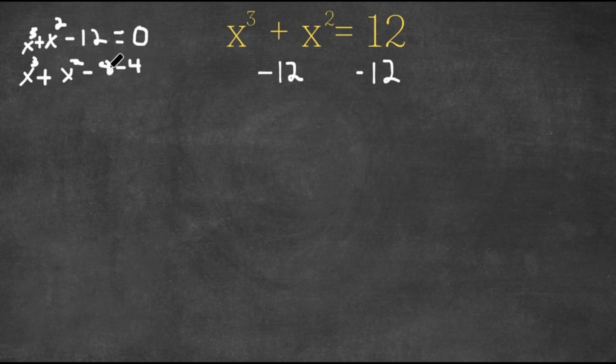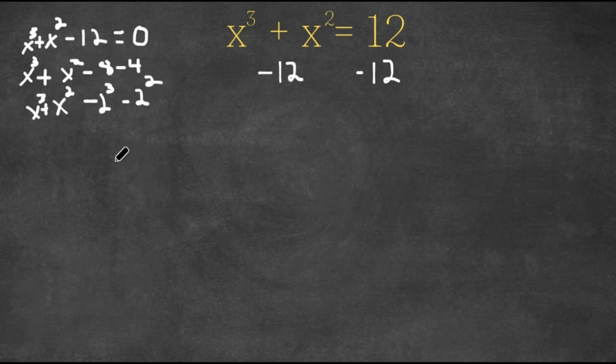And now I did that because 8 is the same thing as 2 to the power of 3, right? So I'm going to substitute 2 to the power of 3 in for 8. And 4 is the same thing as 2 squared, so I'm going to substitute 2 squared in for 4. So we have x to the power of 3 plus x squared minus 2 to the power of 3 minus 2 squared. And now,